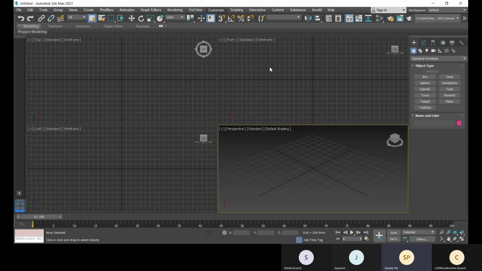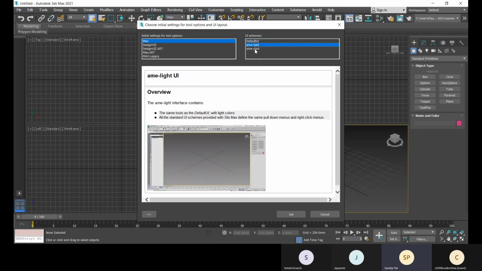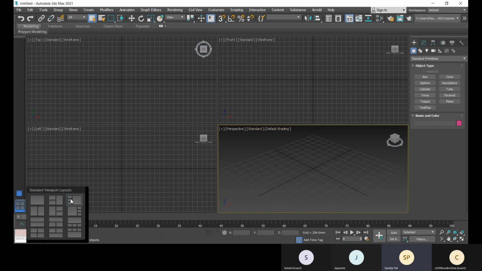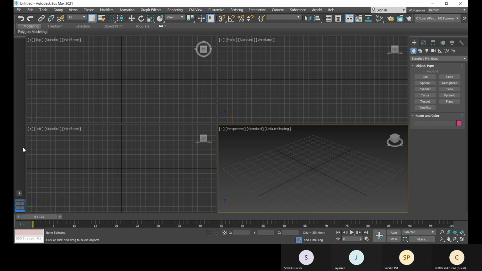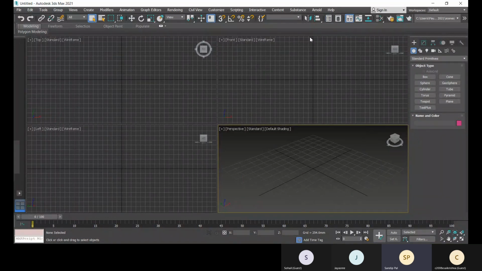One more thing is that if you want to change the color layout, you can change it from here also. And the viewport layout setup, if you need to change that, you can add some viewport setups from this viewport layout tab. All right. Now the scene explorer was unchecked from here, so that is not required. It's better that you don't have it here, so that you get bigger viewports.